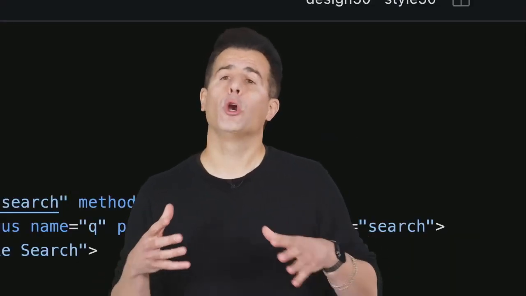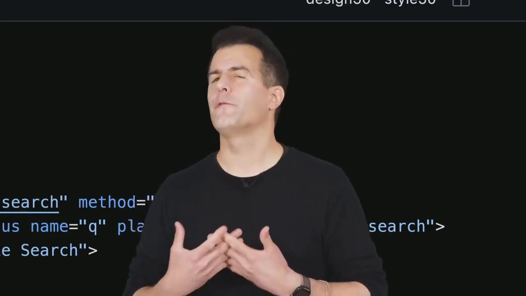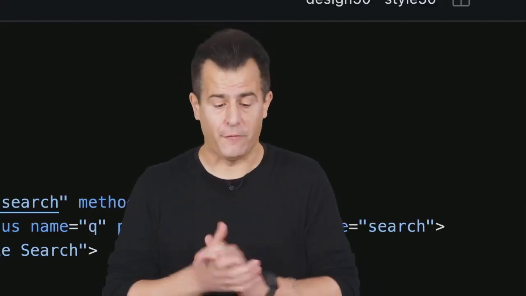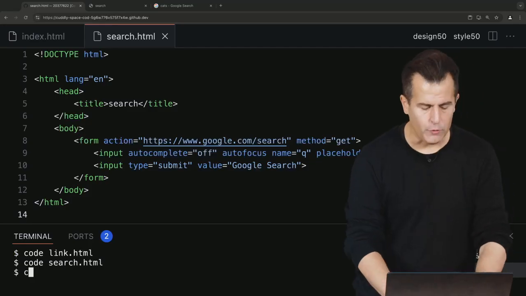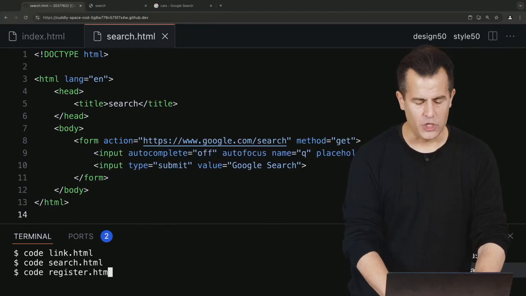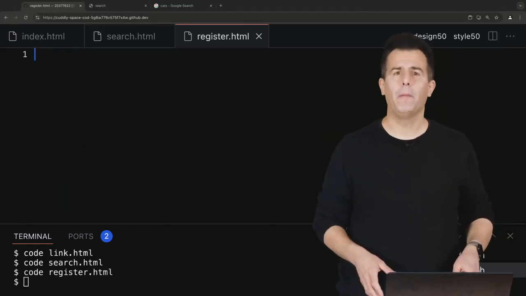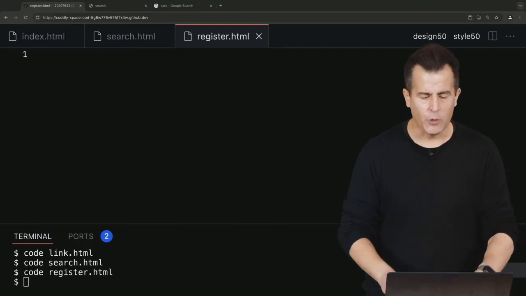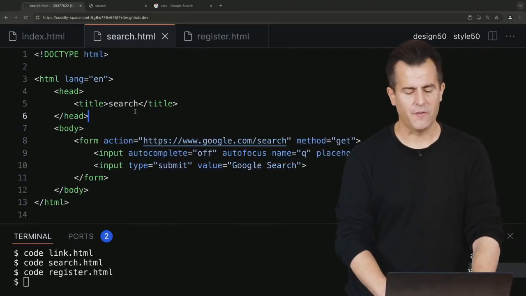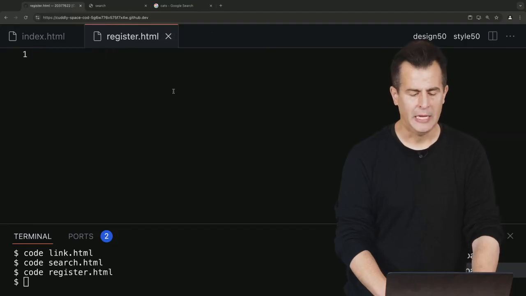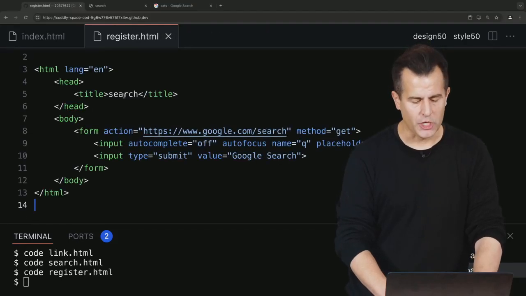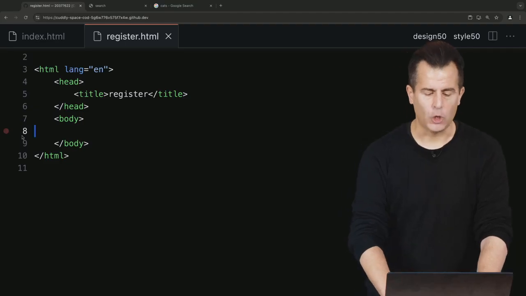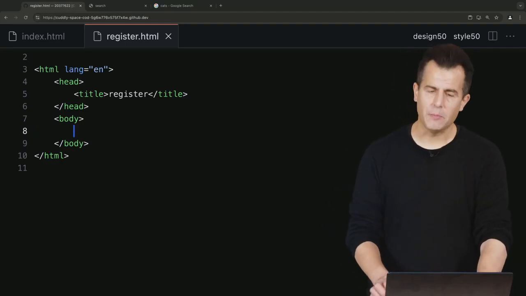Let's take a look at one more use of forms that will allow us to introduce another feature that's present not only in HTML, but in other programming languages as well, including, in fact, Python. So let me go ahead and create a new file here called register.html. And let's just imagine that we're trying to create a web page via which someone can register for something, a website, a sport, or anything else. And what I'm going to do in register.html is save a few keystrokes and copy my search code into register.html, and I'm going to change the title to register, and I'm going to get rid of the form as a starting point here. Let me close my terminal, and inside of this form,